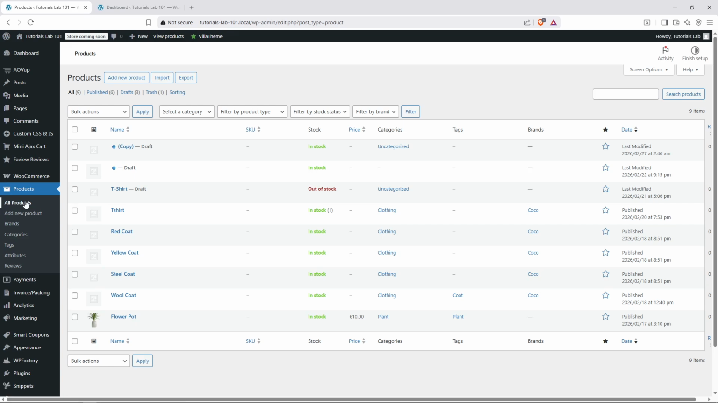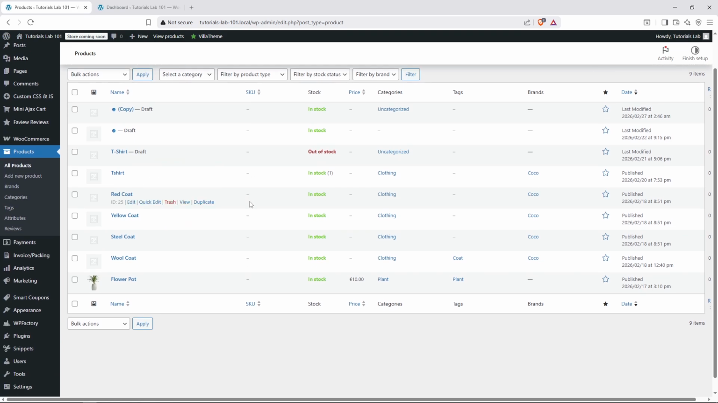Now that you're on the products page, take a moment to look at the layout. You'll notice several column headers at the top of the product list, and one of these headers is specifically labeled SKU, which stands for Stock Keeping Unit. This column displays the SKU for each of your products at a glance, making it easy to reference multiple products at once. However, if you need to view or edit the SKU for a specific product, simply click on any